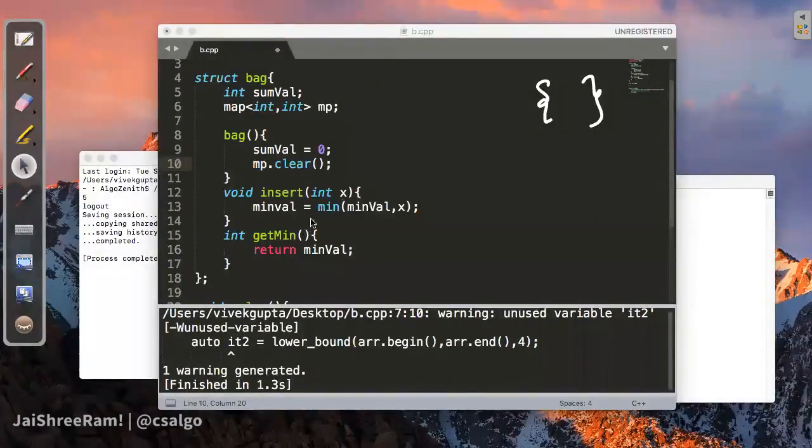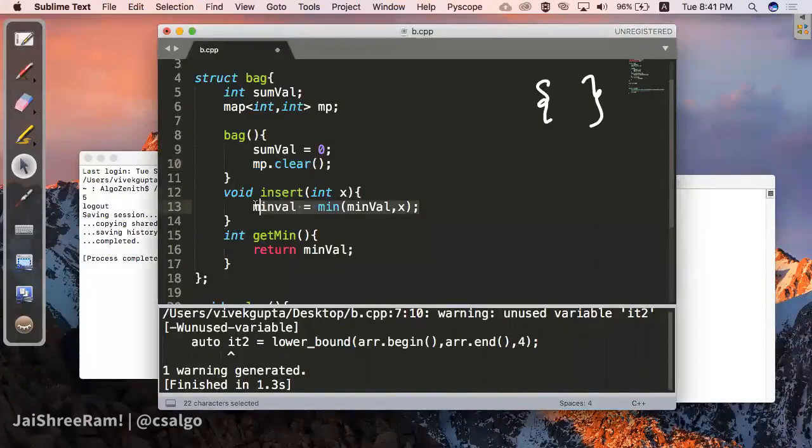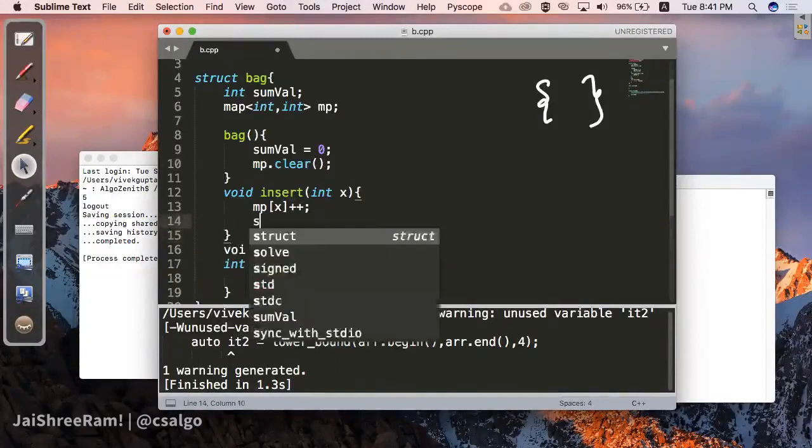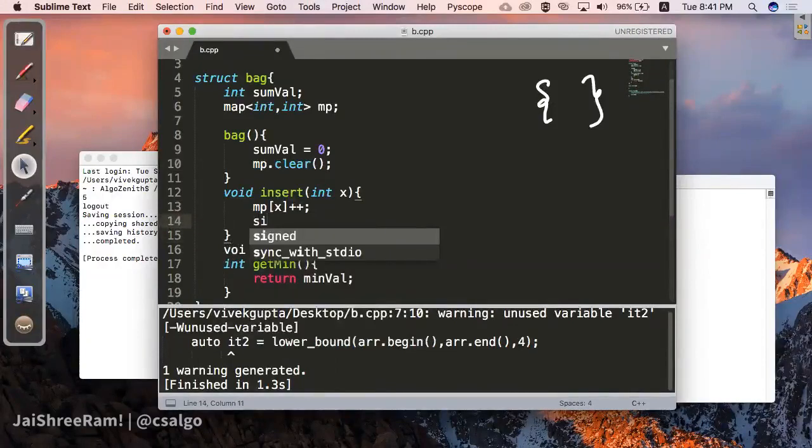So now let's talk about insert. When you are inserting, we just do mp of x plus plus, right? Is this sufficient for insert? Anything else in the insert function? Yep, exactly. You have to also maintain the sum, right? When you are inserting, it's something new that is being inserted, so there is nothing to check over there. You are inserting from outside, that's not a problem. So you have to maintain the sum val that we have maintained, so you have to maintain the sum of the set as well when you're inserting. Okay.